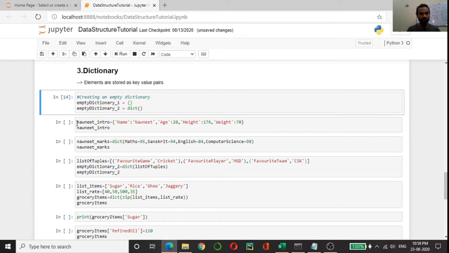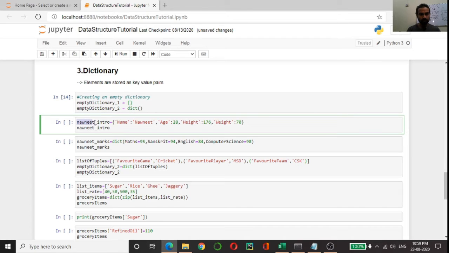So here in this line I'm defining a dictionary by using the curly braces, the dictionary name, and this is the key. After that you have to give colon, this is the value, comma, and then the second element, and the third element, and fourth.